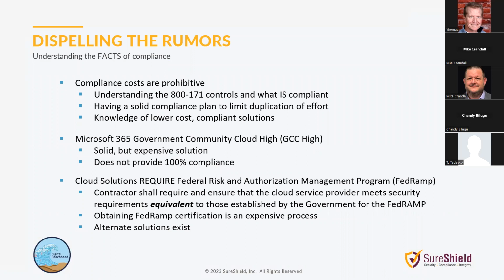So dispelling some of the rumors up front that the costs are going to be prohibitive. I will say, for those that are concerned, what do we need to do? We'll go through that in a little bit, but effectively there's 110 controls with NIST 800-171. A control is just a technical or policy implementation that you must accomplish, and then say that you have accomplished. They're broken down into three